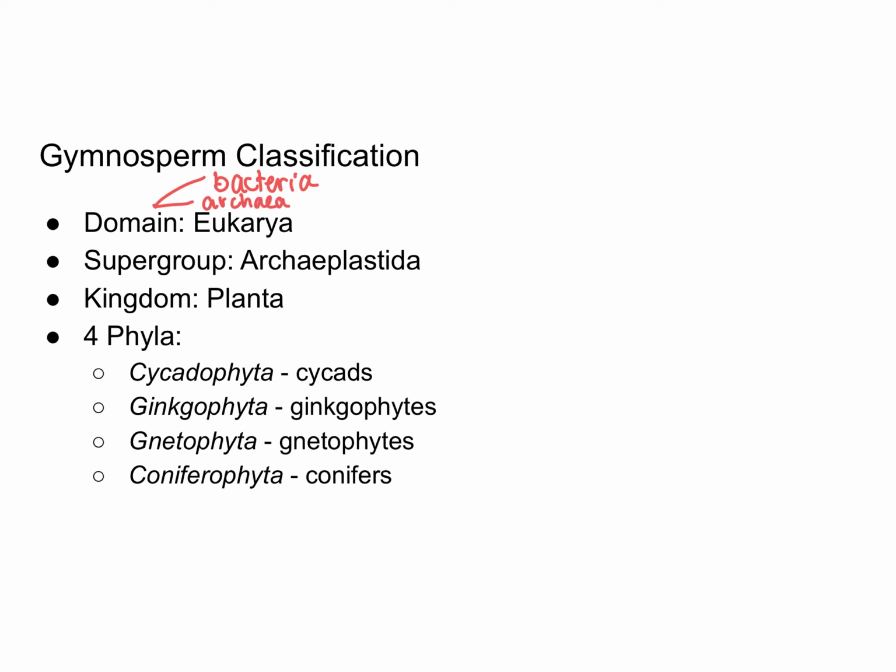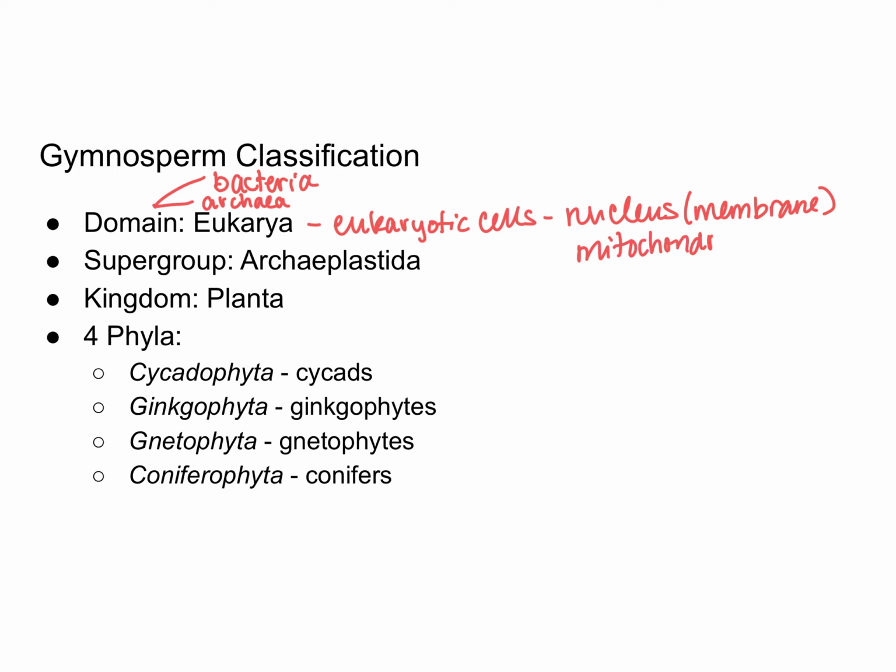And gymnosperms are in domain Eukarya because they are made up of eukaryotic cells. And remember, eukaryotic cells have a true nucleus. So they have a nucleus that is surrounded by a membrane. They have other organelles that are also surrounded by membranes, including mitochondria, endoplasmic reticuli, so smooth and rough endoplasmic reticuli,